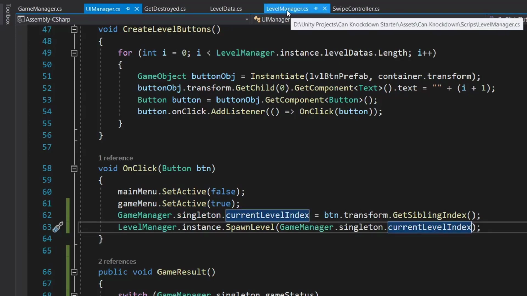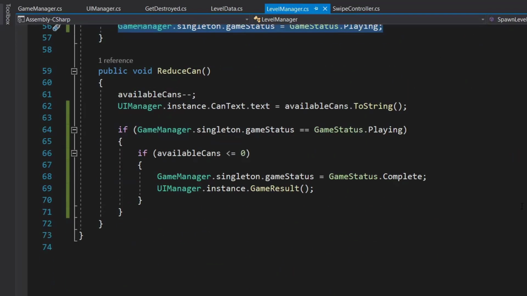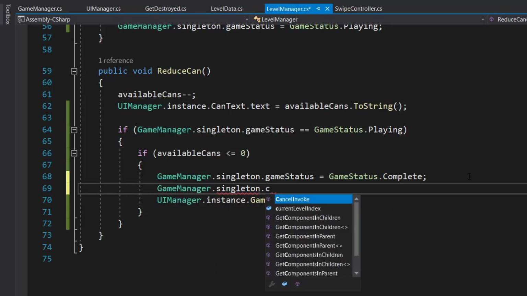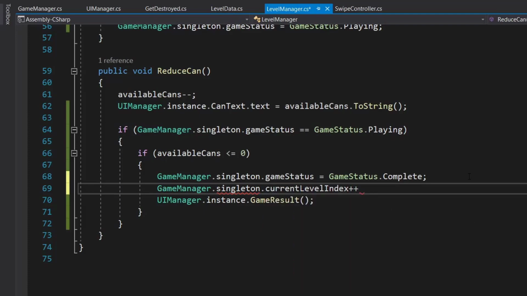Let's go to our level manager, and in level manager, here we are deciding whether we have won the level or not. So once the level is complete, what we will do is we will increase our current level index of our game manager. So game manager dot singleton dot current level index plus plus.